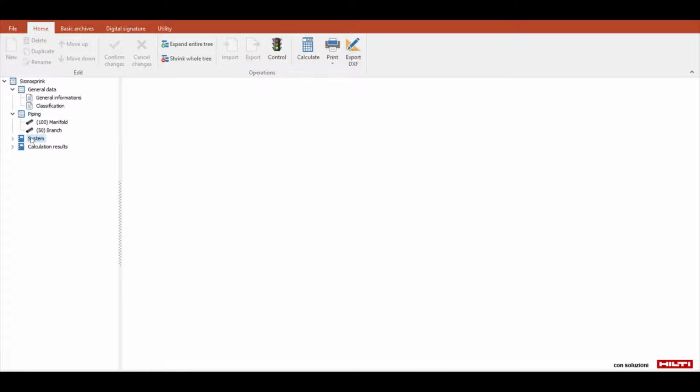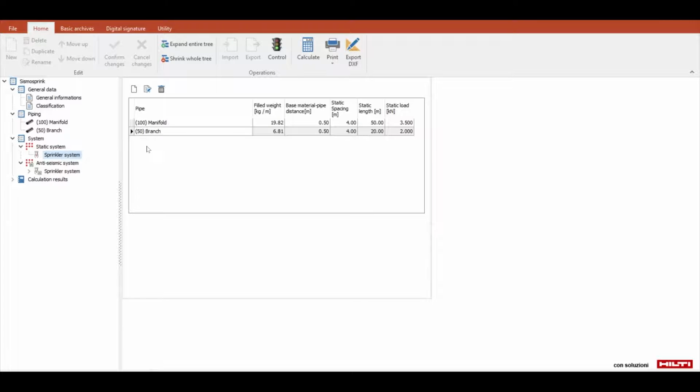We therefore arrive at the plans node, which represent the very heart of our project and which contains within it the types of verification and the plans that we have previously chosen in the classification window. The result of this node is the determination of the design load acting on our supports, but this requires the insertion of some parameters. Very simple to enter in the static case, slightly more complex in the seismic case, but